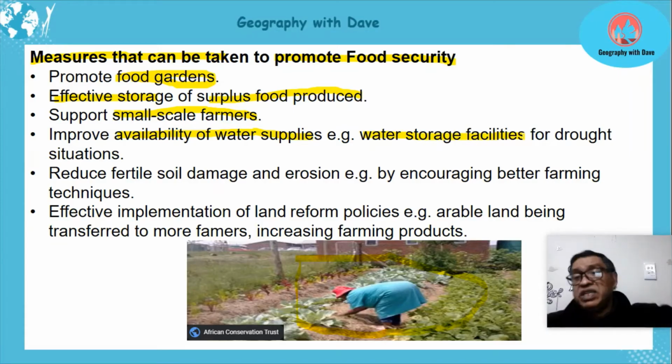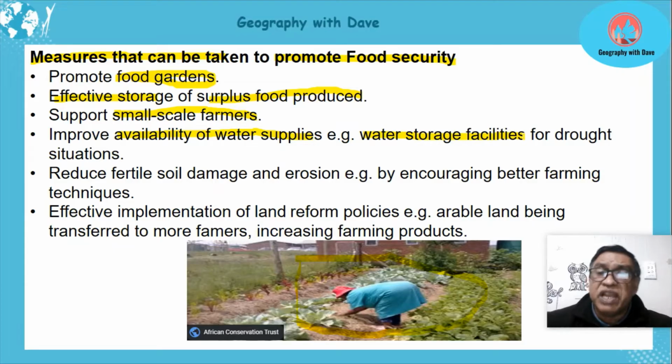Encouraging JOJOs into areas of small scale farmers where they'll have water supply, water transfer schemes, need to be implemented. So when these droughts hit, you watch it on television, the large scale farmers with all their technology and experience massive problems when drought hits. Their farms are messed up. So we need to improve it, building of storage dams, so when drought, for example, hits, we still have water available for farming, producing crops, helping to promote food